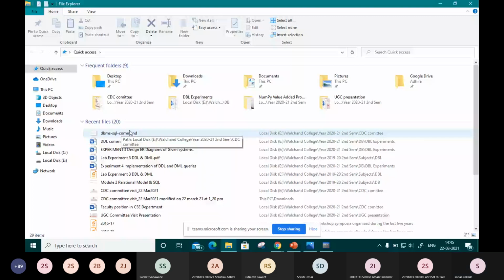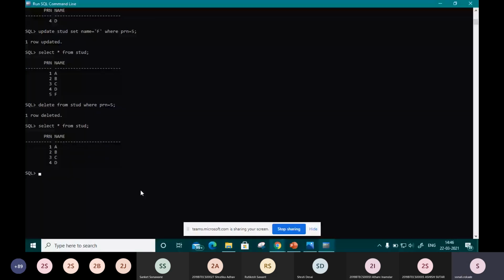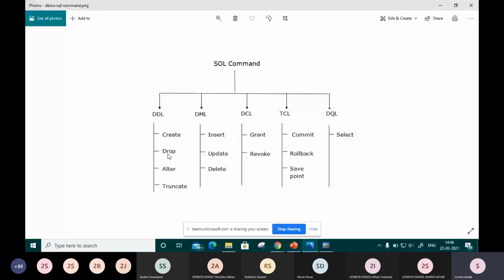So, did you get all these queries? One more time I will repeat. Right now we have seen these SQL commands, which we will implement as experiment number 4, covering DDL and DML commands.